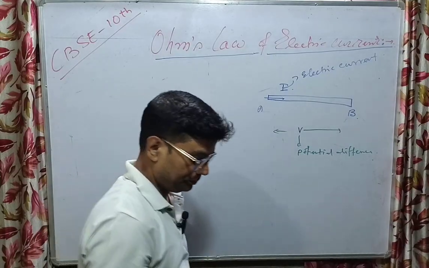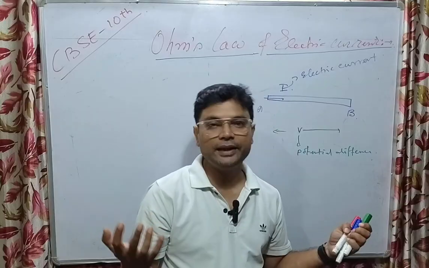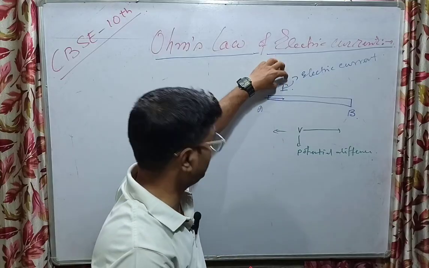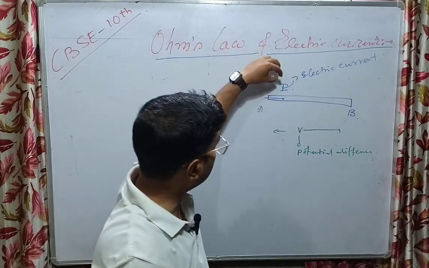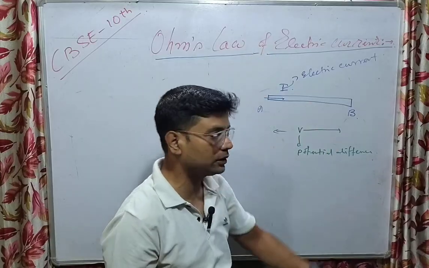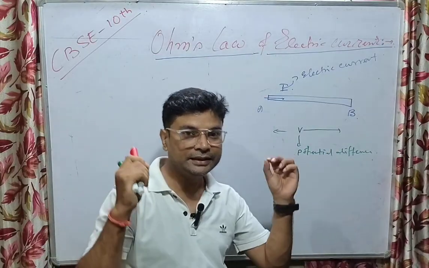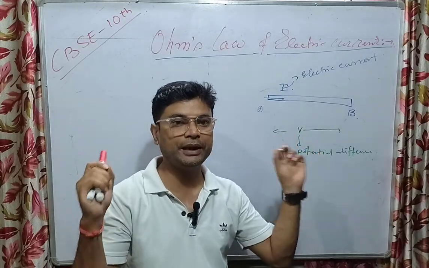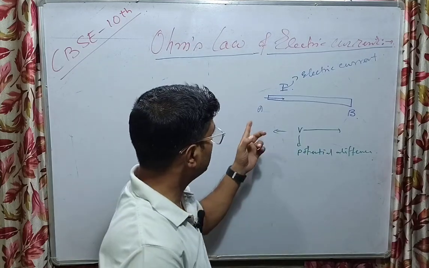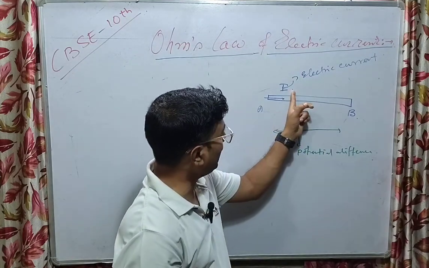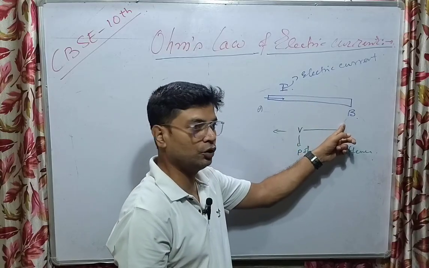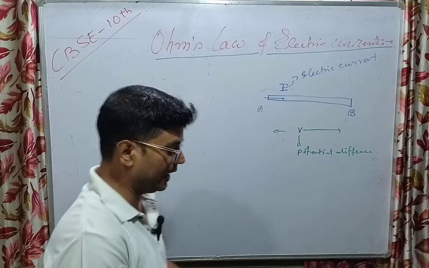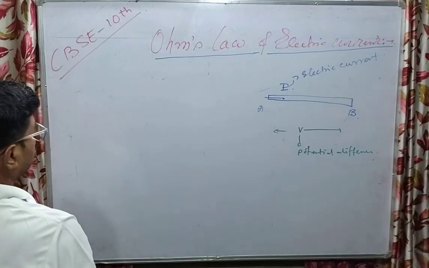Now, what is Ohm's law? Clearly, Ohm's law states that the amount of current passed throughout the conductor is directly proportional to the potential difference between the ends of that conductor. That means, suppose electric current I is passed throughout this conductor, when the potential difference between these two points A and B is V, then according to Ohm's law,